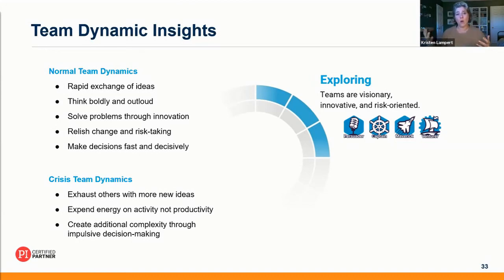But what we also know is that if this team's in crisis, let's say they haven't had that COO for a year and a half in this case, they might be exhausting each other with new ideas, but not really focused on the productivity component of the job. So they're losing themselves in the next big idea, or they might be adding more complexity to the work that they're doing because they're more impulsive in their decision making, and they're not taking the step back to work through the more boring, according to them, process and procedures to be able to execute effectively.